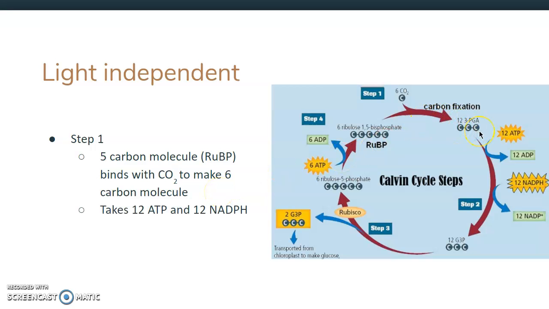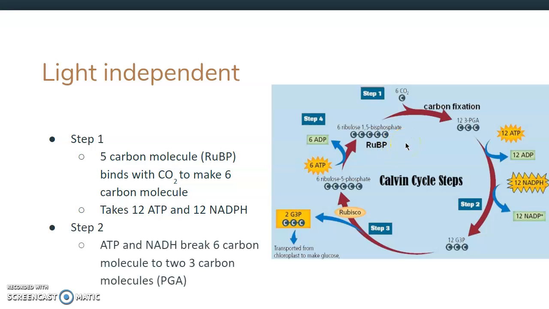This actually is a very, very intensive energy step, and it takes 12 of our ATP and 12 of our NADPH from our light dependent step. So we're using most of our energy by putting this carbon molecule together with this RuBP. Step 2, we actually go from, I think this is actually happening at the same time, we go from our ADP,